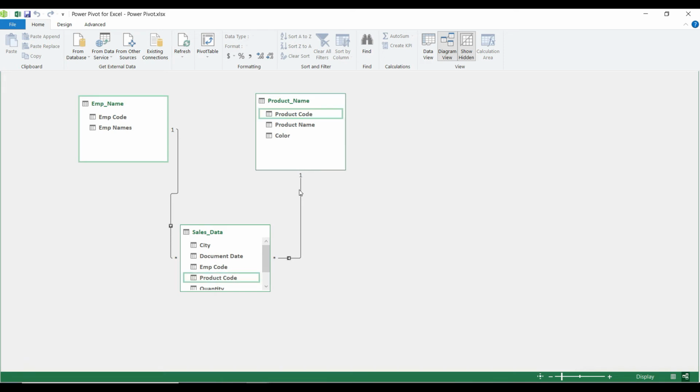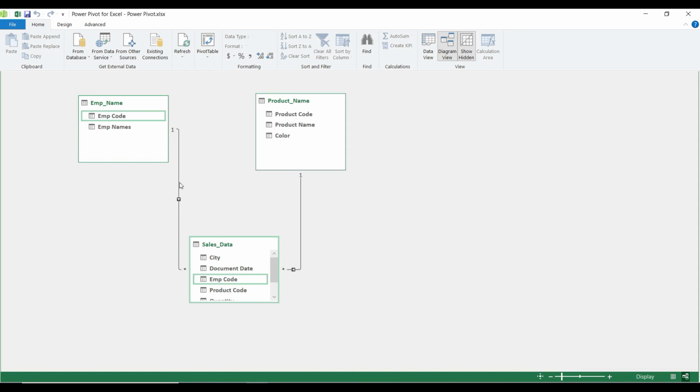It indicates one to many matches because here all the product codes are unique records, but here they are repeated multiple times. That is the reason it indicates many matches. Here we can find employee codes as unique records, but here they are repeated many times. So that is the reason for one to many matches.